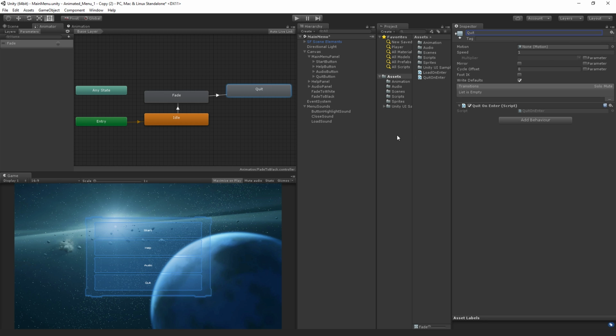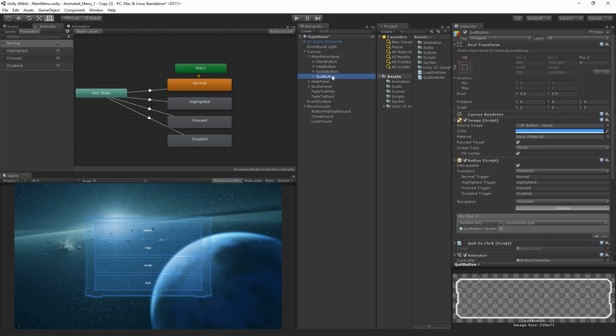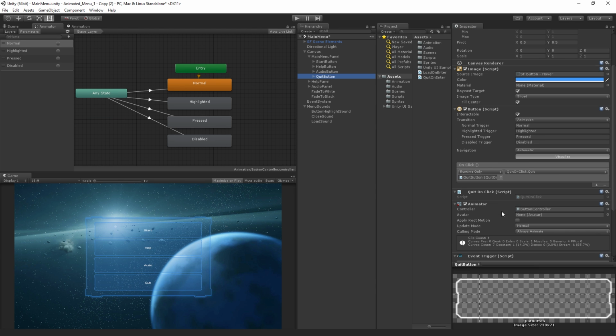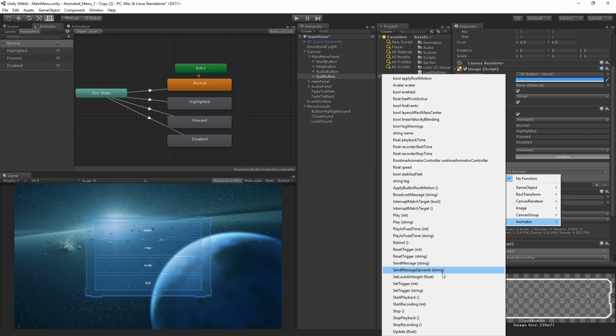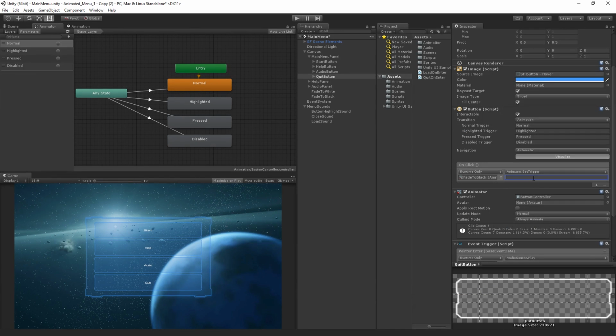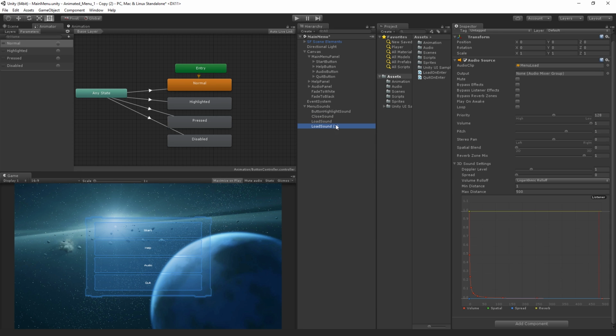And we can add a sound. Oh, we've got to wire it up, right? So we're going to get rid of this quit on click mono behavior. And instead, we're going to call fade to black, animator, set trigger, and fade is still going to be the parameter, which is fine. And then we are going to add a quit sound